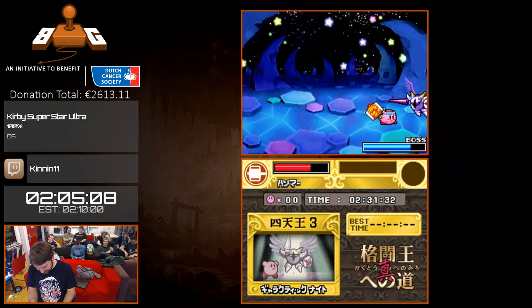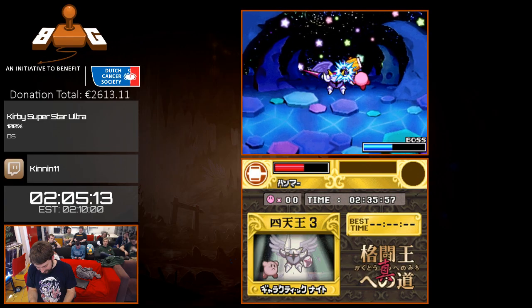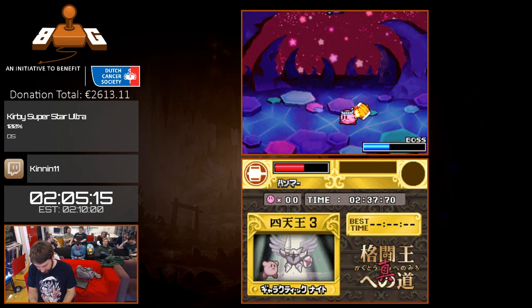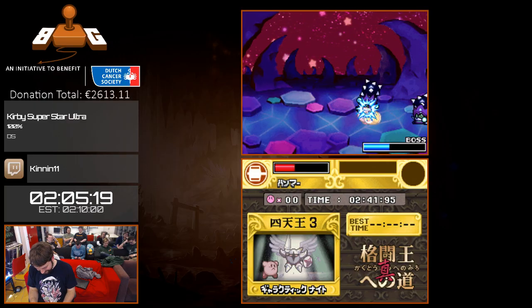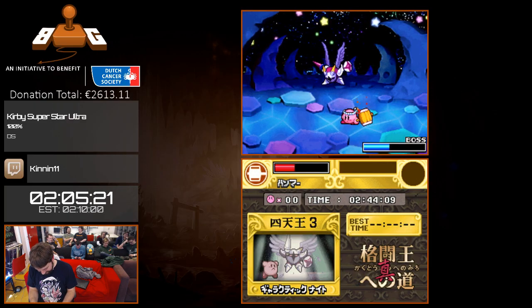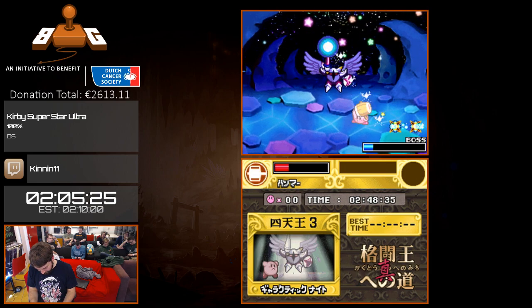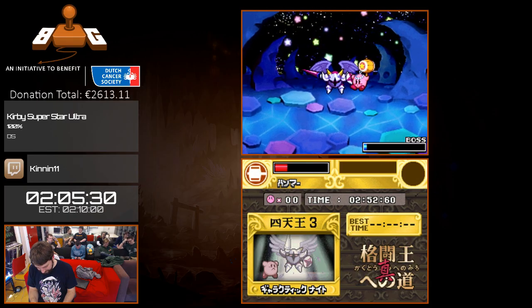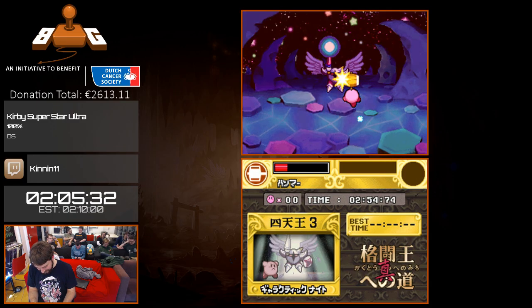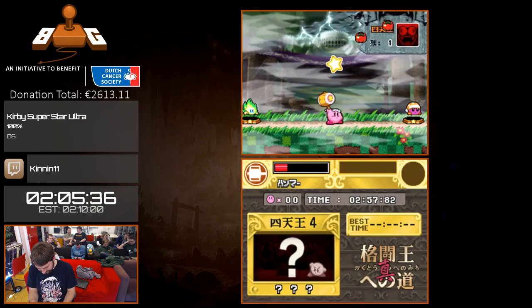So Galactonite is actually slightly easier to manipulate with Kirby because Hammer just deals so much damage. Like, he's already half health. And I got really bad luck because these are the most annoying minions you can spawn. Oop. And he is... Oh, wow, he should have died there. Oops. Okay. That was kind of sloppy at the end. So now we're going to go to the